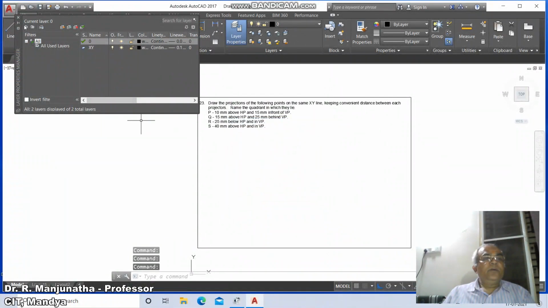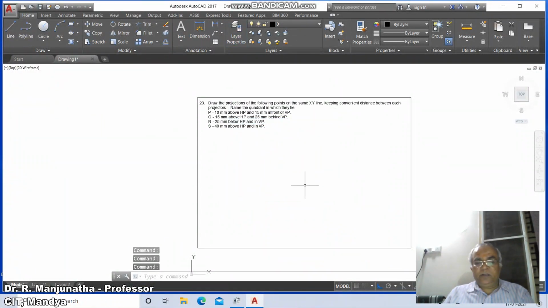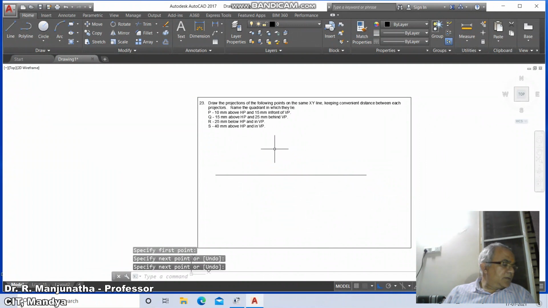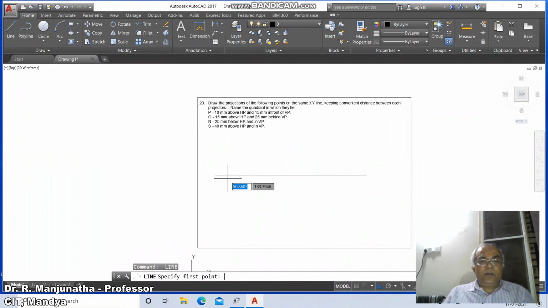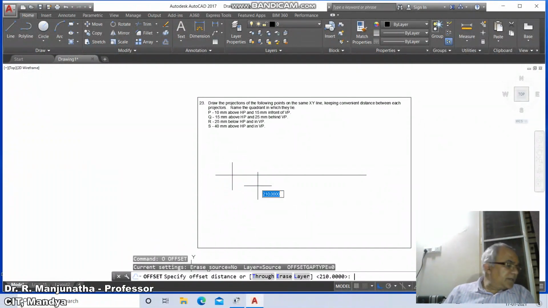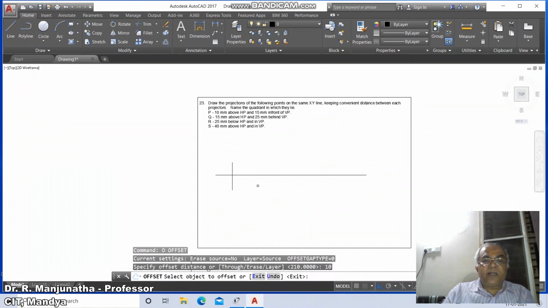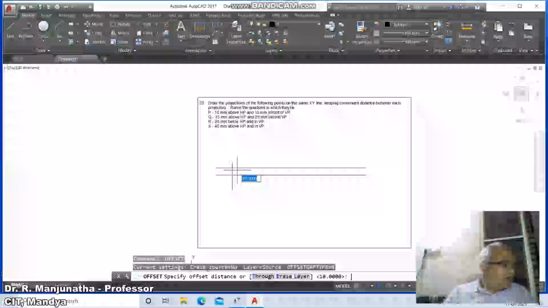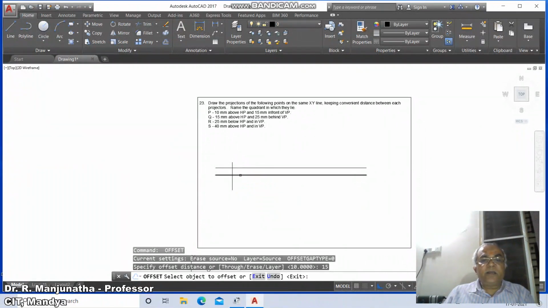Okay, now close the layer command and go to line command, draw a horizontal line of some distance, and then go to line, select this line, any arbitrary line, and draw a vertical line. Go to offset, take the distance as 10, so from here you take 10 mm on the top side, and then offset, take the distance as 15 from here at the bottom.